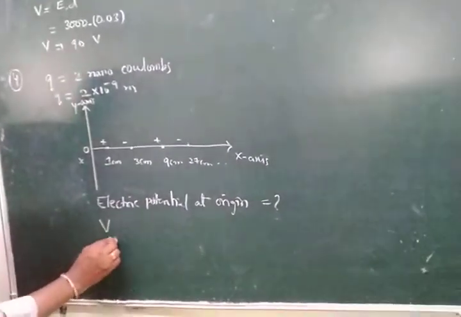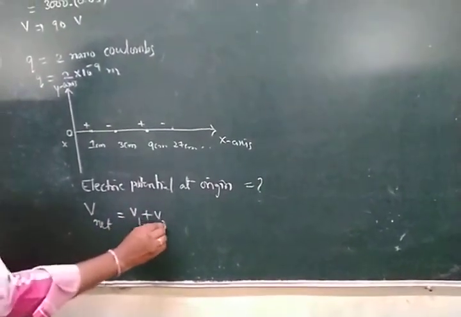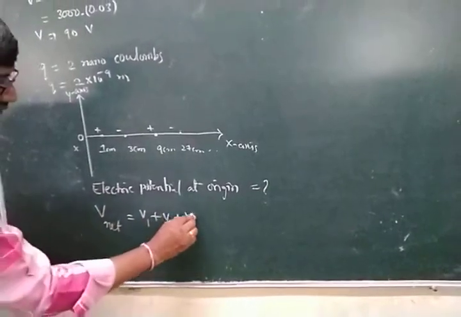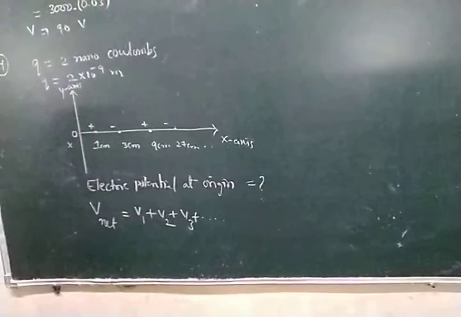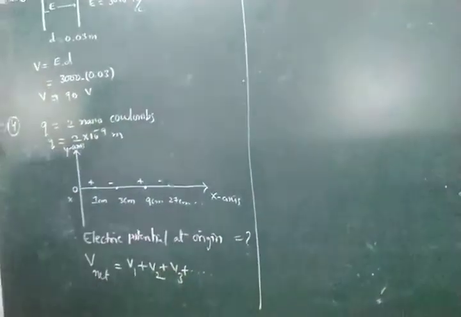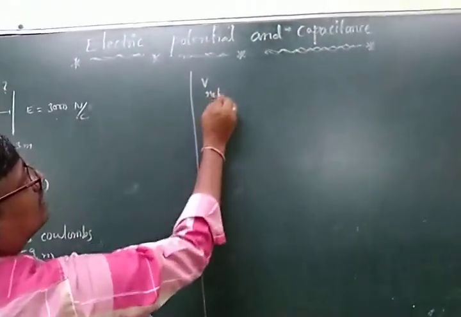The net electric potential is V1 plus V2 plus V3 and so on. What is the formula of the electric potential? 1 by 4 pi epsilon, Q by R. Here V net is equal to